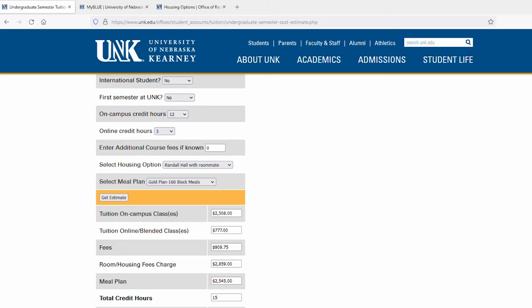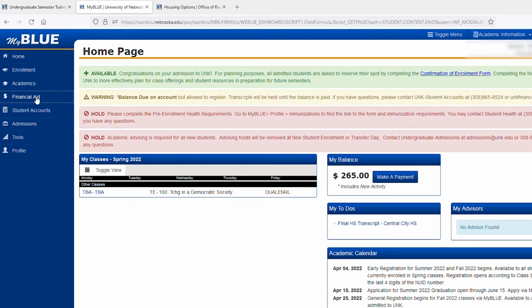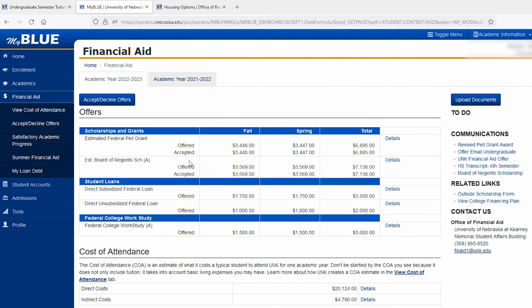While Louis has a good estimate for the semester, he really wants to know what his net costs will be. Louis wants to know what the remaining semester balance is after his semester financial aid has been applied to his bill. To find this, Louis can see his financial aid offer in MyBlue and subtract his accepted semester offers from the cost he calculated. If you have a financial aid offer in MyBlue, you can find your net costs for